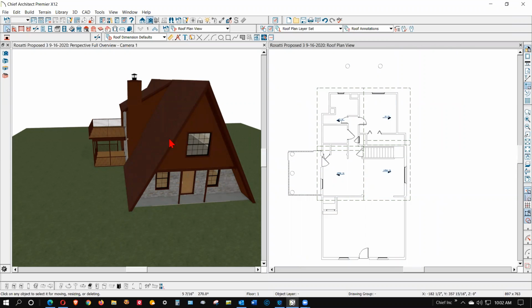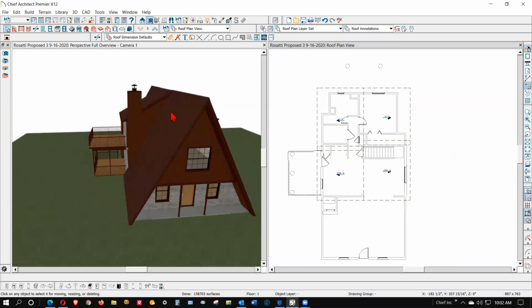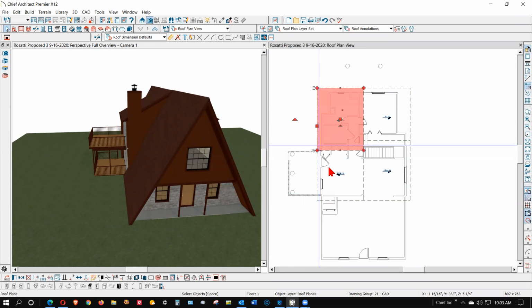Hi, this is a little A-frame plan that I made for a client who's planning to remodel this house. And this is the as-built. It's a typical A-frame. Now over here on this screen on the first floor, you can see there's roof planes here